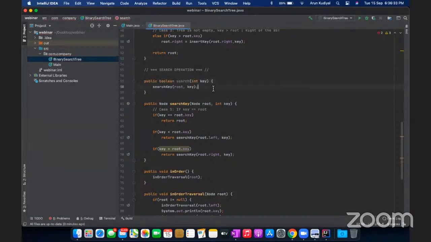So I say public Boolean. I'm going to search for this root, and then what I'm going to do is if I get the value